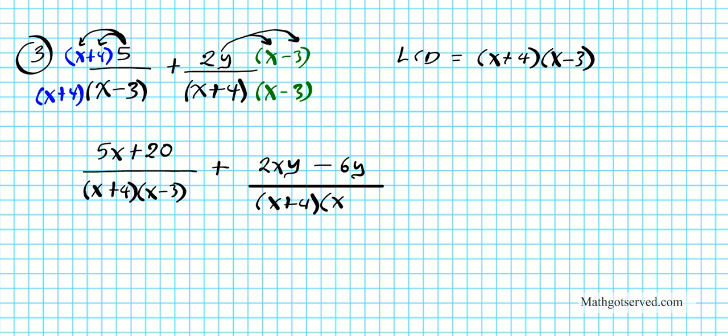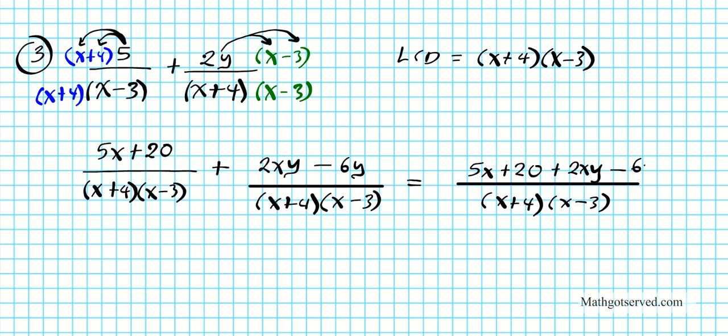Now we have the same common denominator. So we'll draw our division bar. Write the common denominator together, which is x plus 4 times x minus 3. And then the numerator is going to be 5x plus 20 plus 2xy